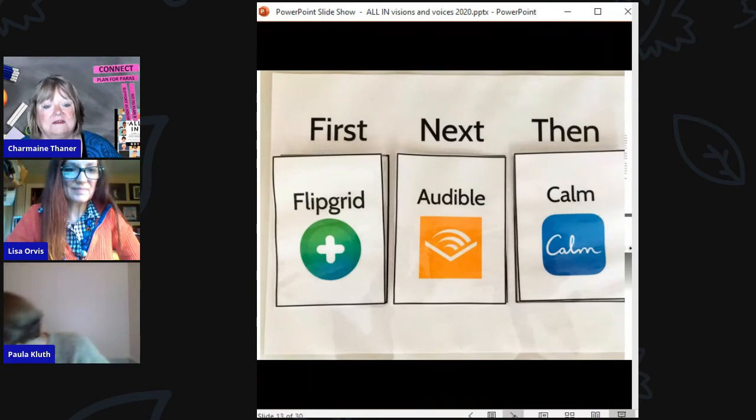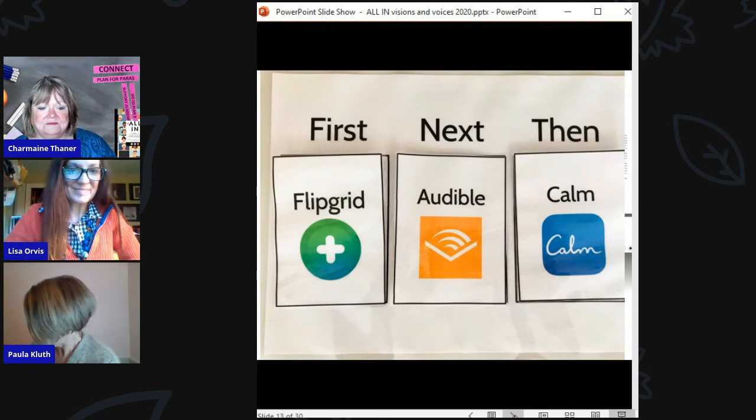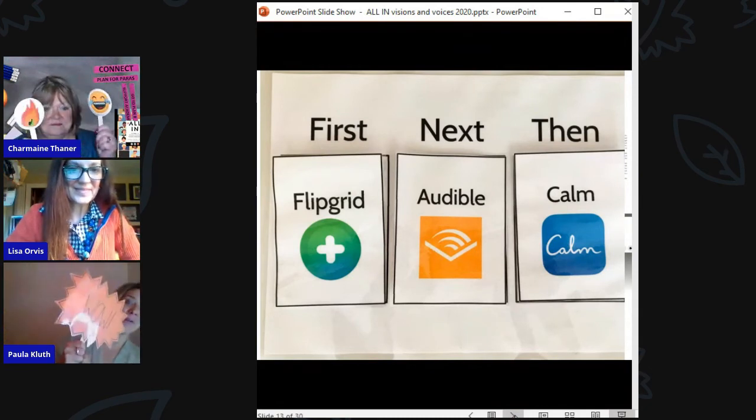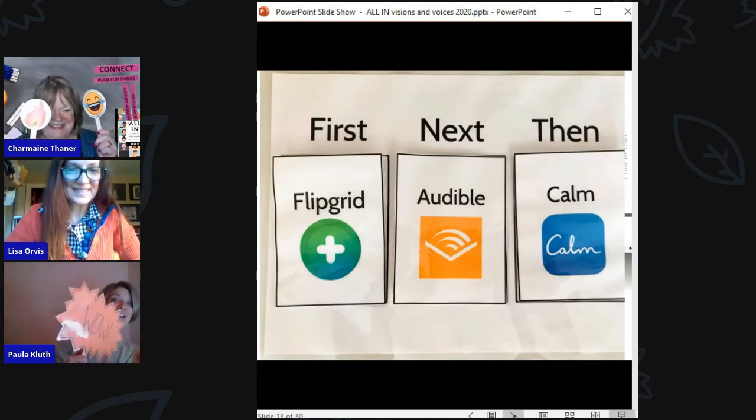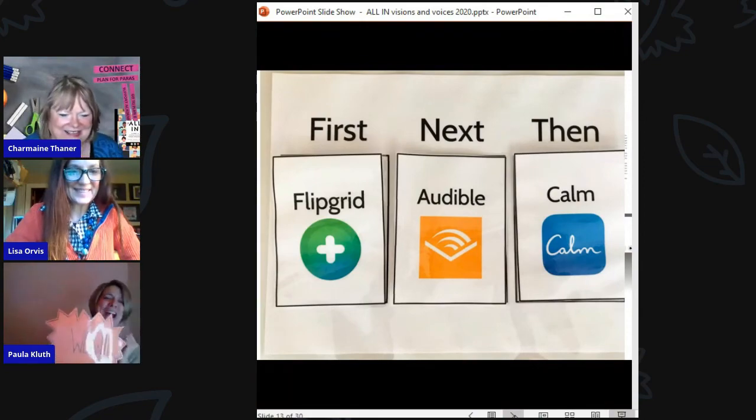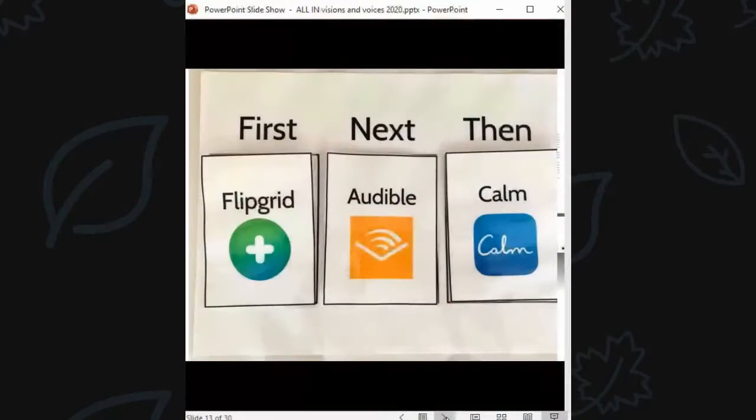We could make some of these little handheld emojis. And their idea was, wow, we could have our paraprofessional make these. Look at that. Oh my gosh, look at your little fire. I love the fire. We could make a set for all of us. All three of us could have a set so that we could support each other during lesson. But here's another idea, having a first-then board